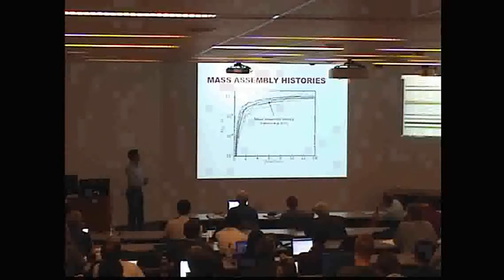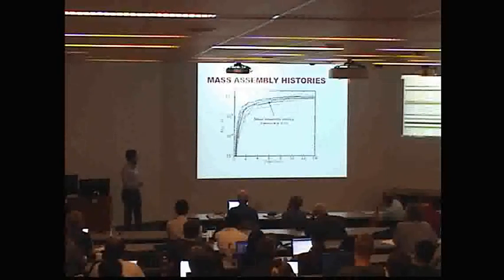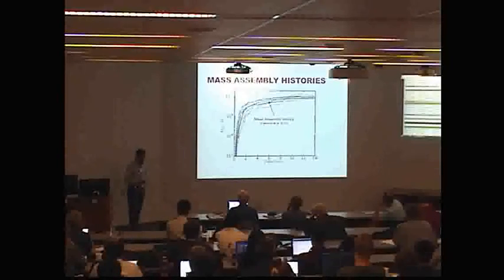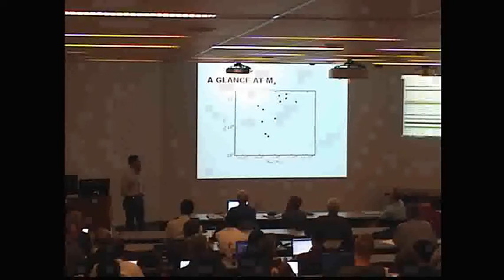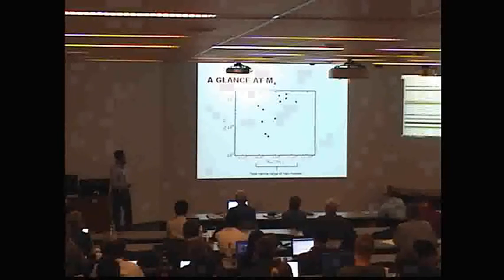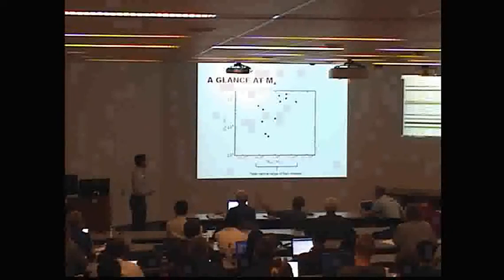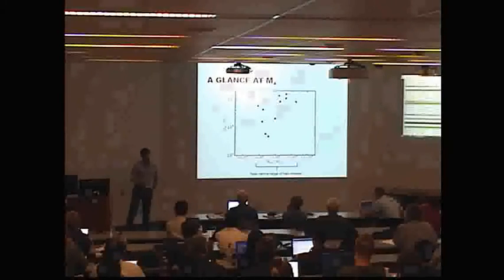But we have a healthy spread of assembly histories at early assembly times, roughly 3 gigayears into these simulations. And so we have a fair amount above and below what would be expected from the Millennium 2 simulations. And just to take a quick glance at the stellar masses that we're producing in these simulations, I just want to note that, once again, we have a narrow range of halo masses, but we have almost 2 orders of magnitude change in the amount of stellar mass produced in these halos.